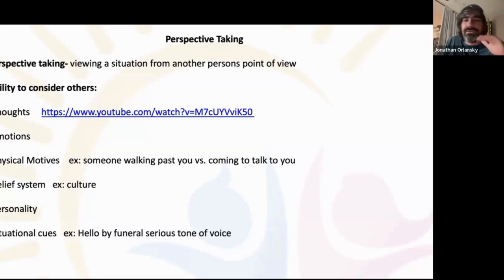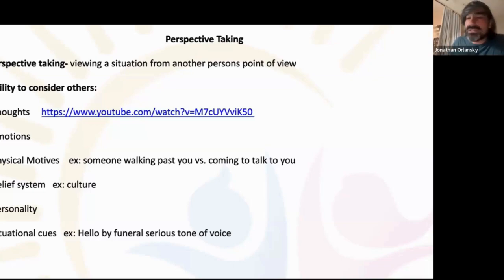Personality, I referenced this earlier, disposition, the way someone carries themselves. If nothing else, it gives you a baseline, like it establishes a norm. It's like I know this person is generally very chipper and now they're sort of quiet and withdrawn. That's a good way for me to know something's going on with them. Whereas if someone is typically very quiet and withdrawn, that may not indicate anything that requires a check-in.